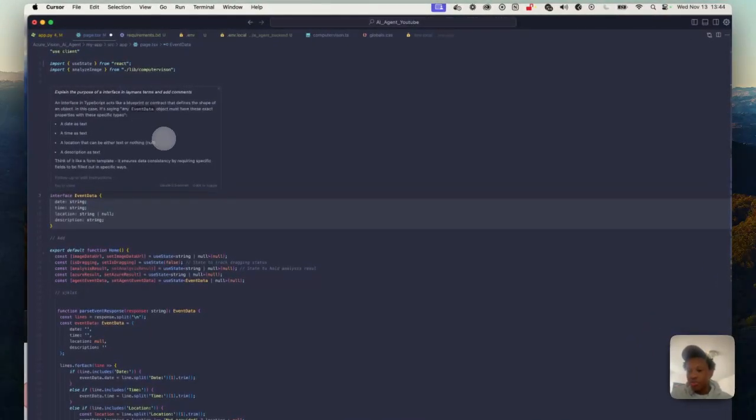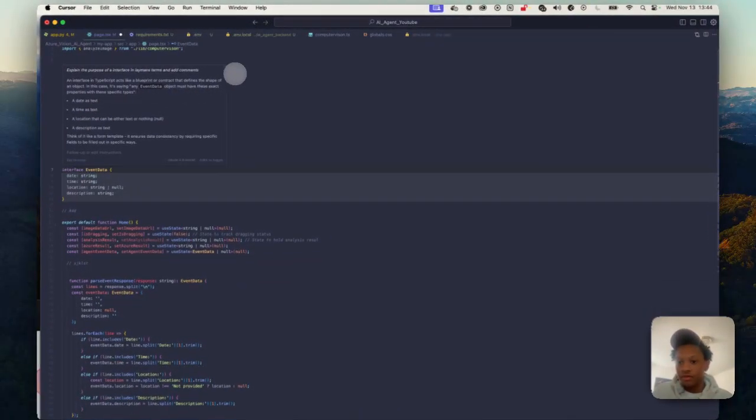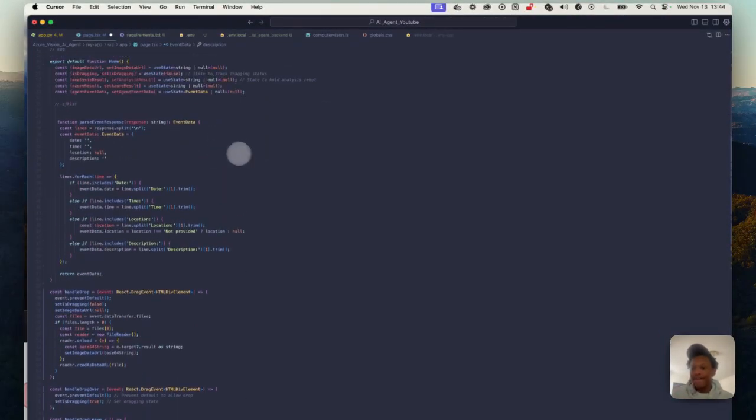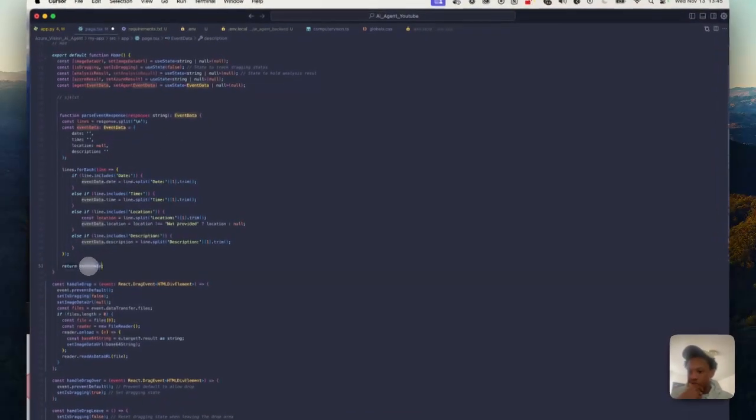Interface is the object that blueprints. A blueprint, a contract that defines the shape of an object. There you go. Contract defines the shape of this object. Contractual, you gotta work with it, right? And we have a function that just ensures that when we return,